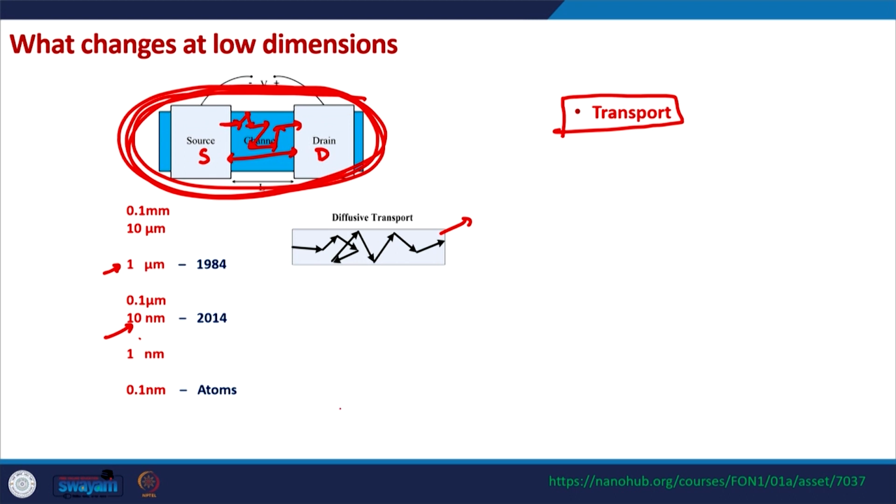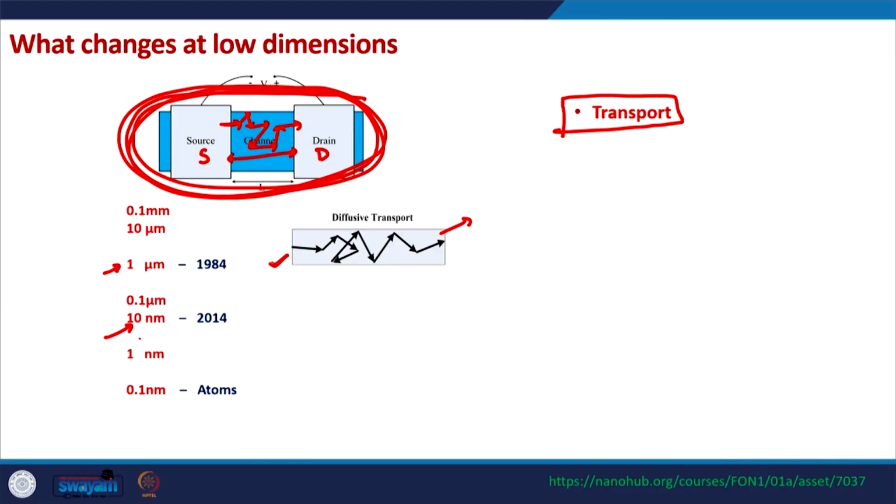So the electron starting from the source side in this two terminal part of the device will have a lot of collisions in between with the crystal atoms, and it may or may not reach the right side. But generally if the electron reaches the right side, this is typically the path that the electron takes in the device. And the average distance between consecutive collisions is known as the mean free path of the electron. So that is the distance for which the electron on an average is free between two collisions.